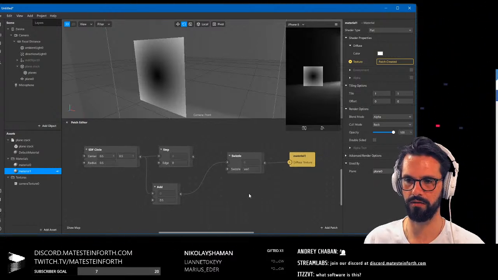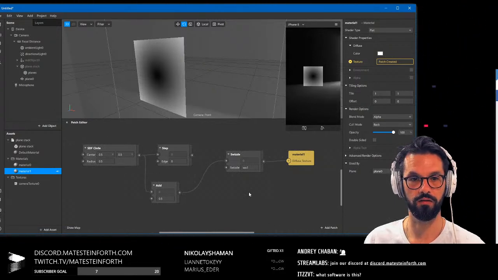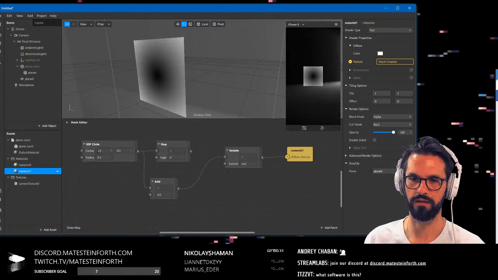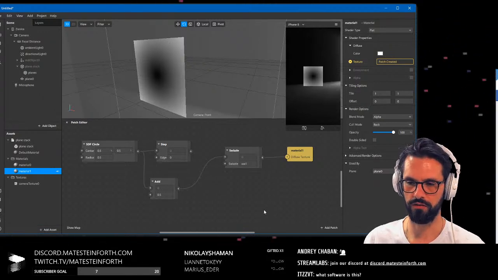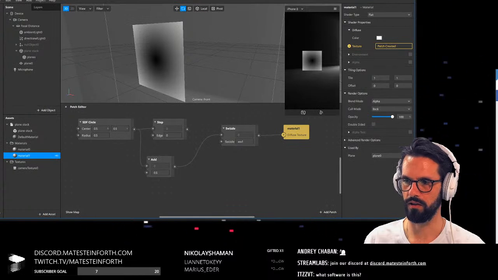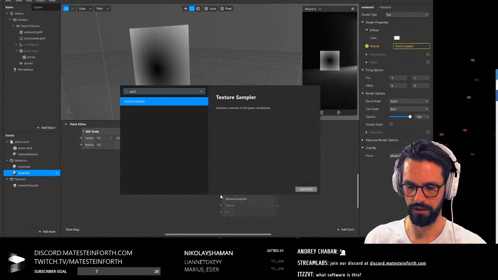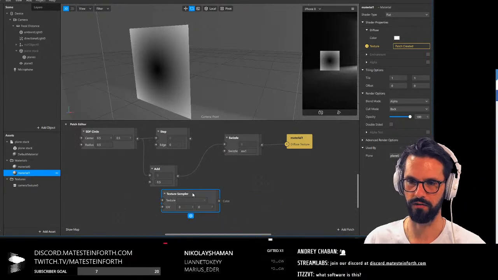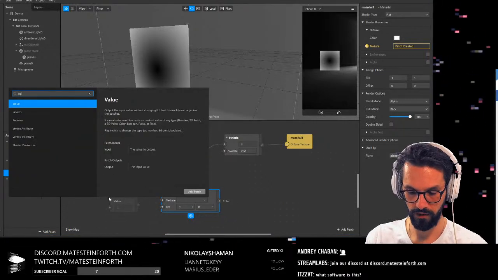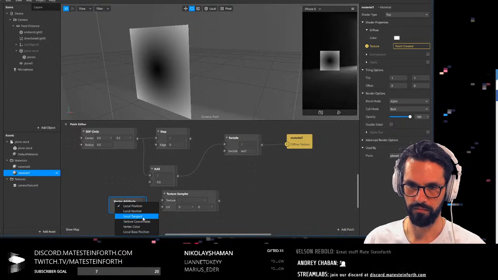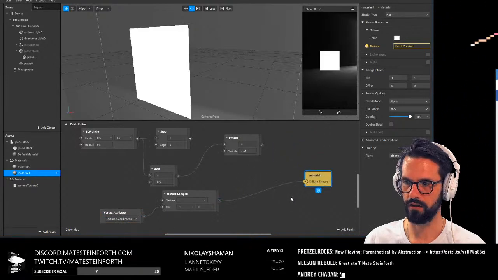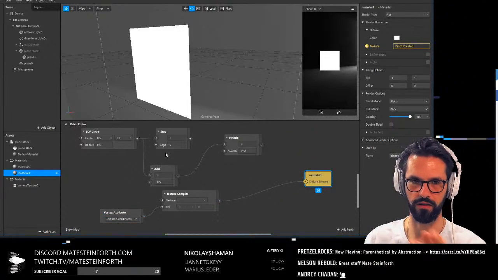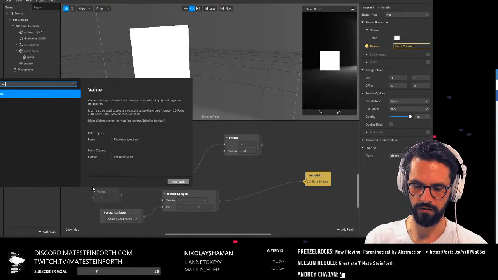So let's look maybe into how we would build our own SDF. What we want is the function that gives us the distance between a point here and each of those pixels. In order to look at each of the pixels, this is what a texture sampler is essentially doing. If you take the texture sampler and give it the texture coordinates as UVs, it will go over each of the pixels in our plane and look at